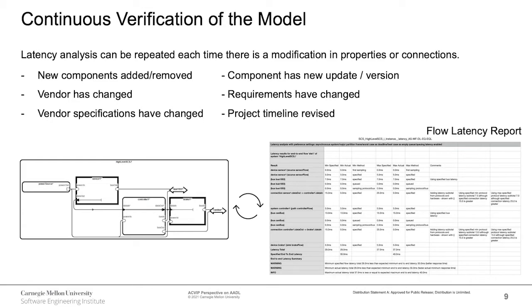AKVIP can also be used to compare a product from different vendors before purchasing to ensure the best fit to the proposed system. Here are a few examples where the model would need to be reassessed. A new component has been added to the current design and we need to confirm that no additional changes are required. A vendor updated a component and now specifications have changed.